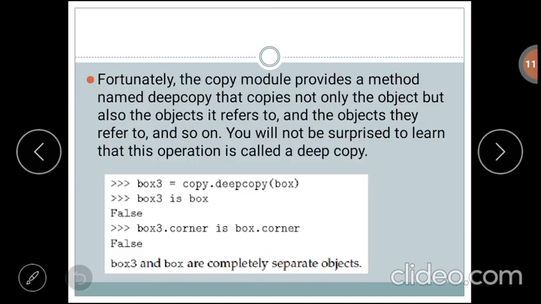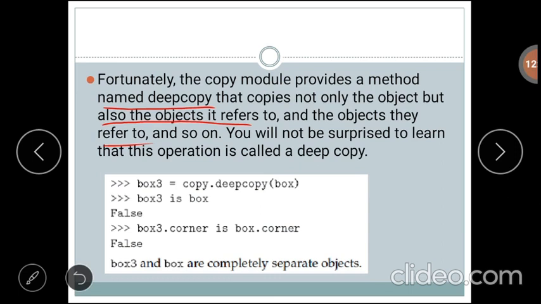Here we have one more method, that is deepcopy. The copy module provides a method named deepcopy that copies not only the object but also the objects it refers to, and the objects they refer to.